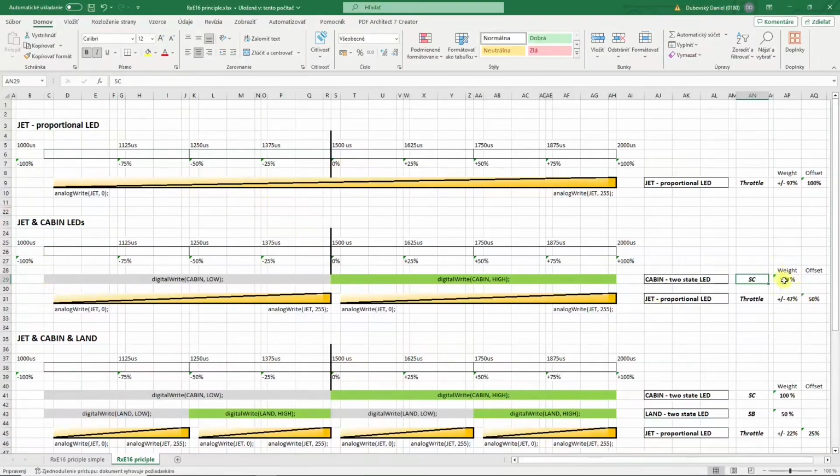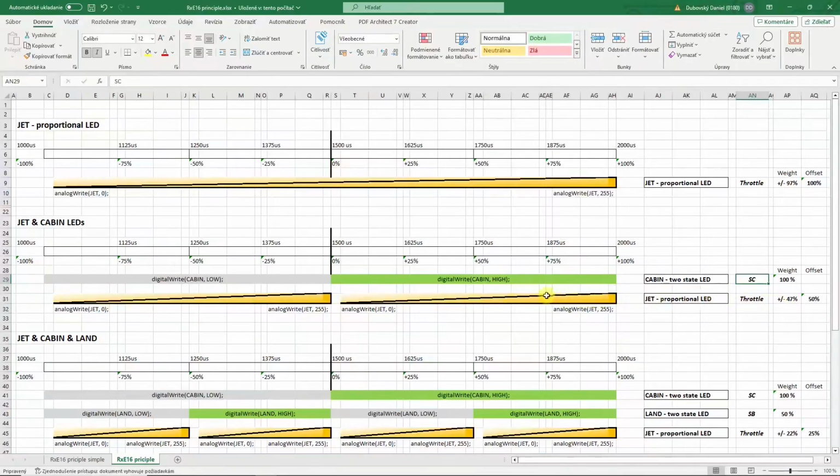And the throttle, the proportional LED, will have a weight not of 97% as it was here, and offset 100%, but we will divide it also by 2, so we will have an offset of 50%, and a weight of 47% plus minus. So the throttle will go from here to here when switch SC is off, and it will go from here to here, so from 3% to 97%,